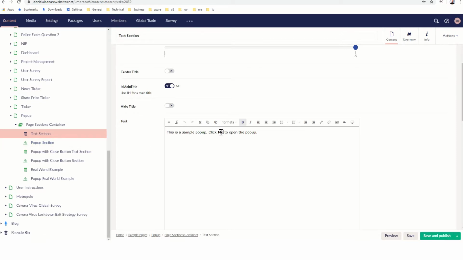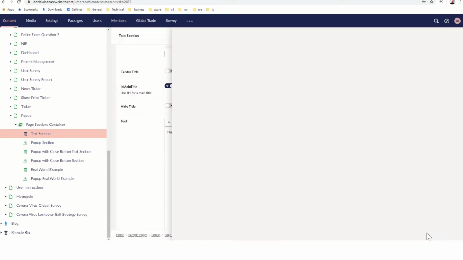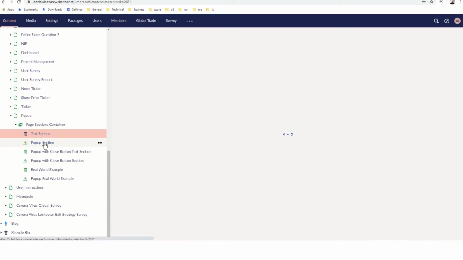So if we take a look at the text section, we can see that we identify the trigger for the pop-up by adding a class. We can call the class anything. We just need to tie this with the configuration in the pop-up section. So that's pop-up trigger. So if we look at the pop-up section,